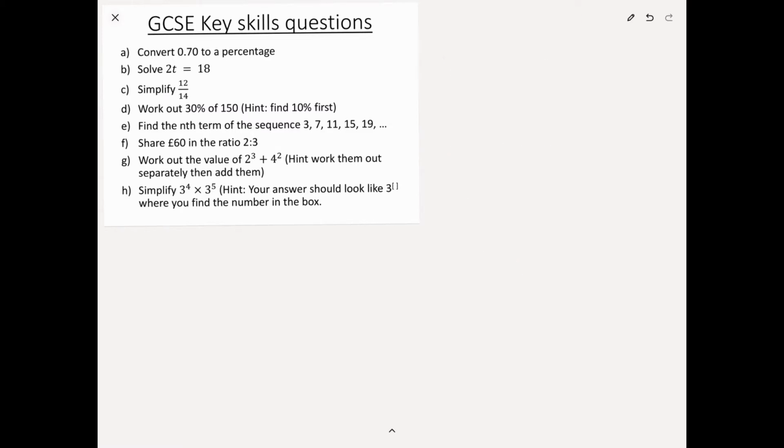Question B then, we're trying to solve 2t equals 18. We're trying to find the value of t, and we know so far that 2 lots of t is equal to 18. Now you might be able to solve this in your head, work out what the value of 1t is, but the method we'd normally apply is to do the opposite of what's happening to that t to both